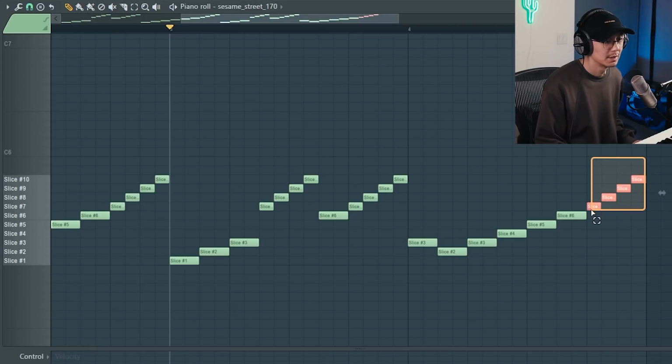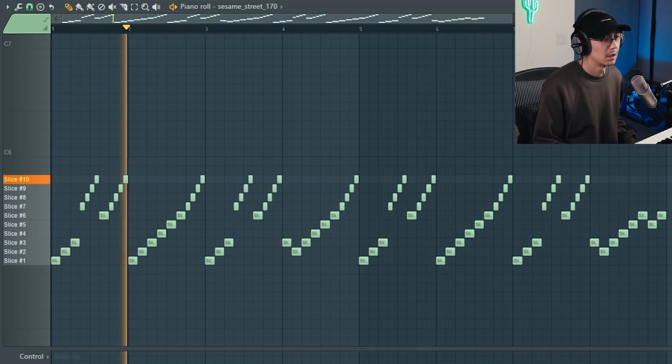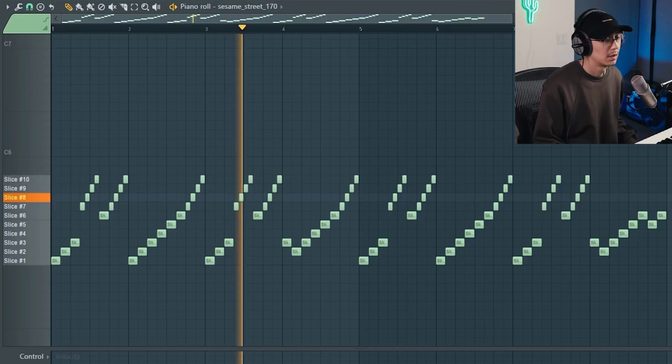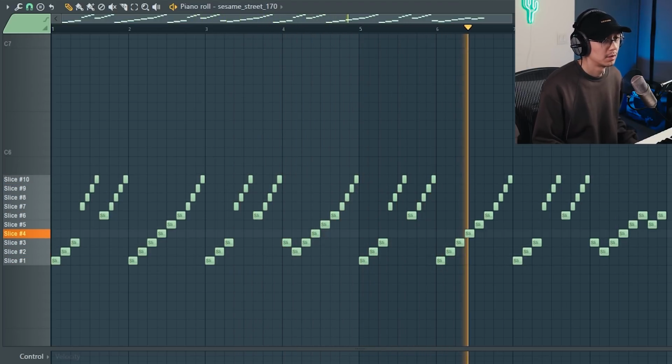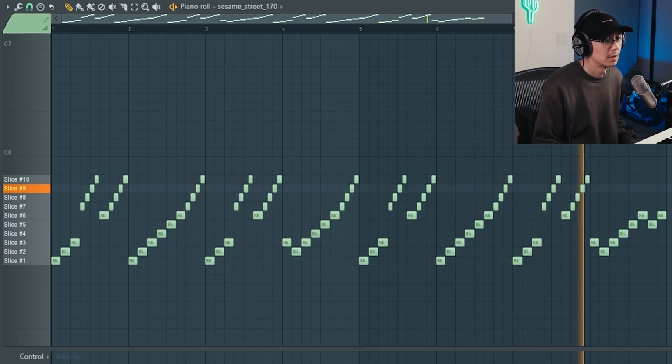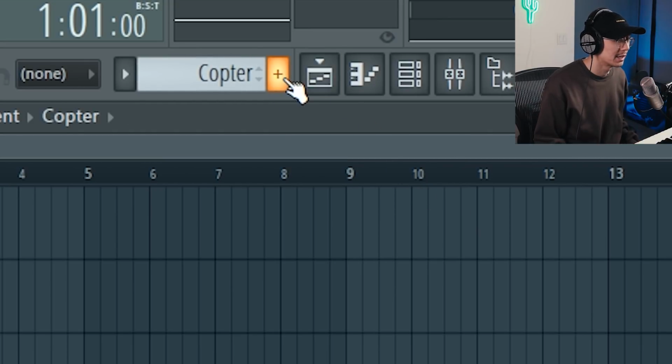We'll change this last hit here. I'm going to rename this pattern to copter, and let's create a new pattern, and we're going to add another